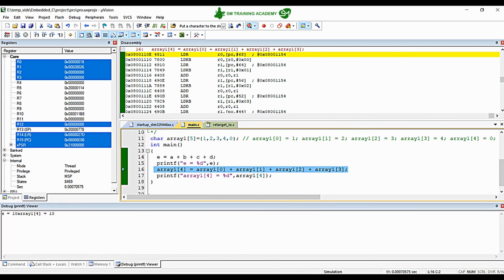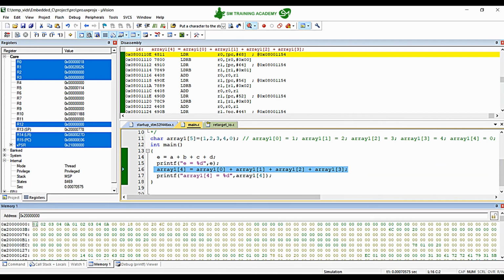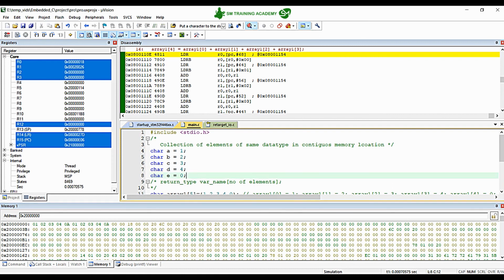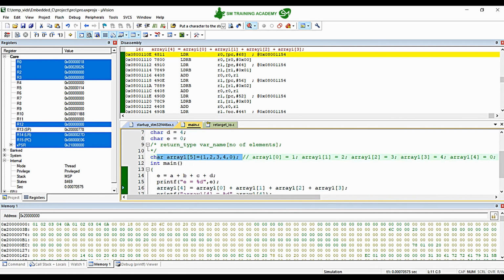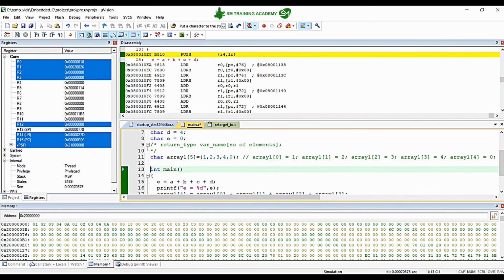And when I move to the memory view, you can see this is A variable, B variable, C variable, D variable, and this is E variable, and following that we have the array variable, array1[0], 1, 2, 3, and this one is 4. The result has been stored right over here. But the fact is, as we have declared and defined these individual variables at the top, they do not have the necessity to have the variable values in a continuous or consequent memory location starting from a particular memory. But when you declare and define an array, it will always be available in